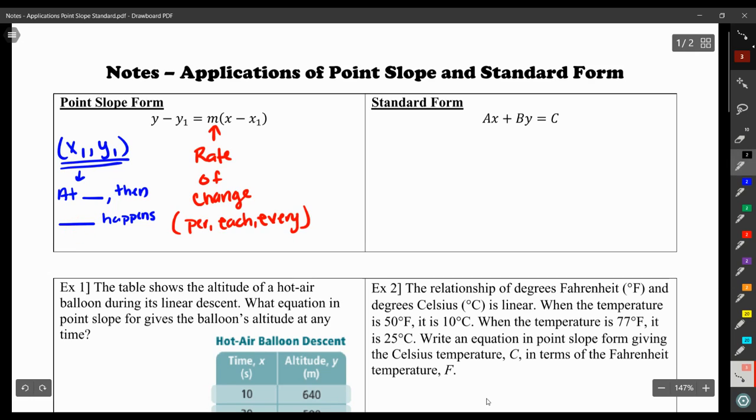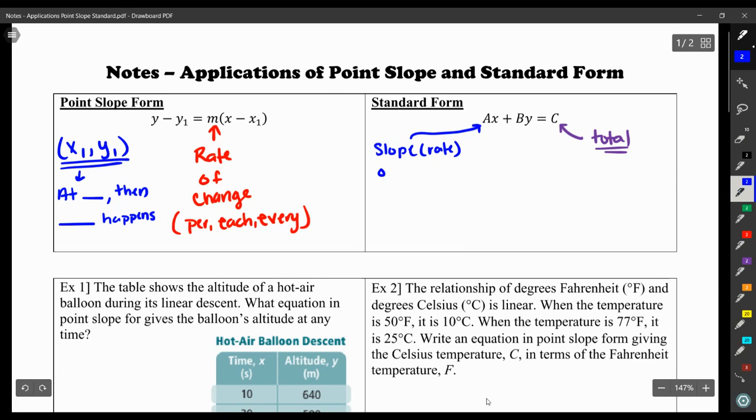Okay. Then on standard form, we don't have an m. So standard form, the c value out here, this is a total of something. So like you spent a total of $20. Your gift card has a total of $100 on it. Something like that. The a and the b, so the a is actually the slope or the rate